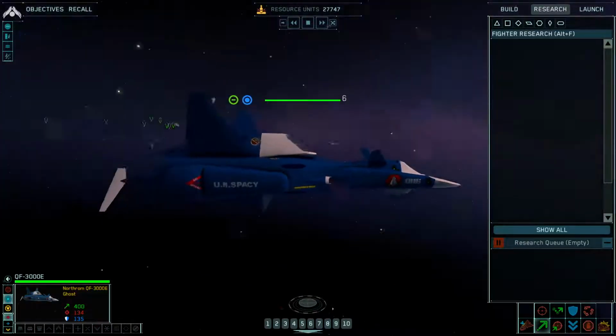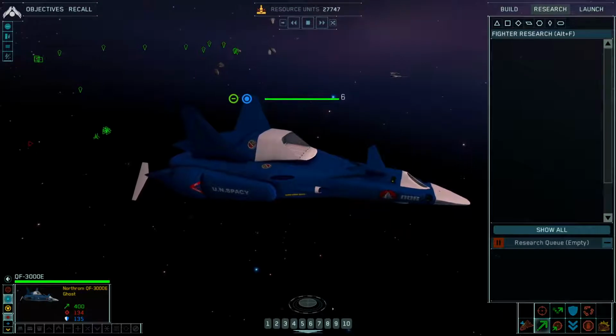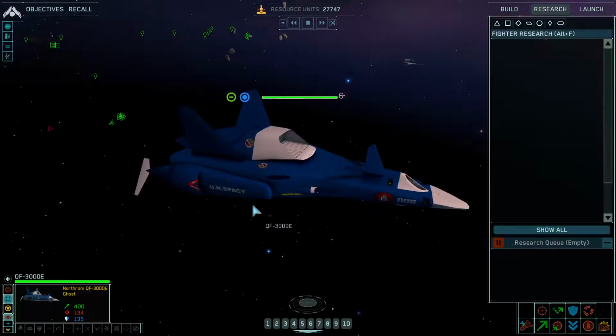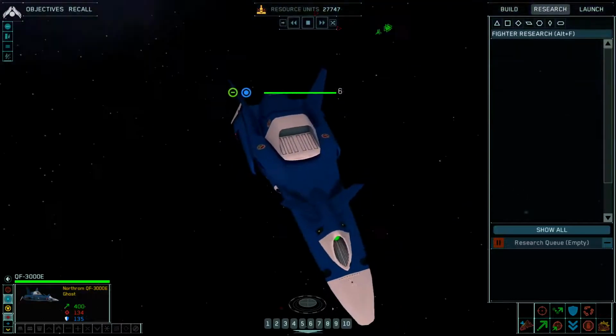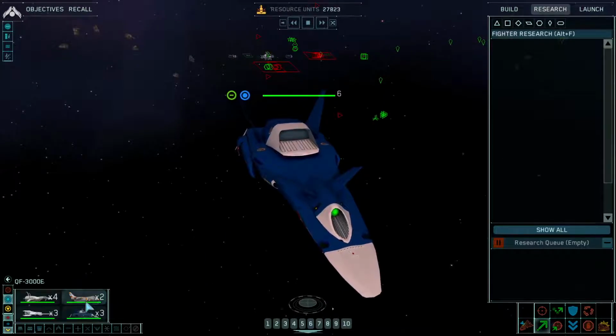We got a bomber unit. It says UN Spacey on it. This is the Nordstrom QF-3000E Ghost. This is a bomber. It does not transform, but we are getting to the good transforming stuff. Group 6 standing by. And then lastly in this group,